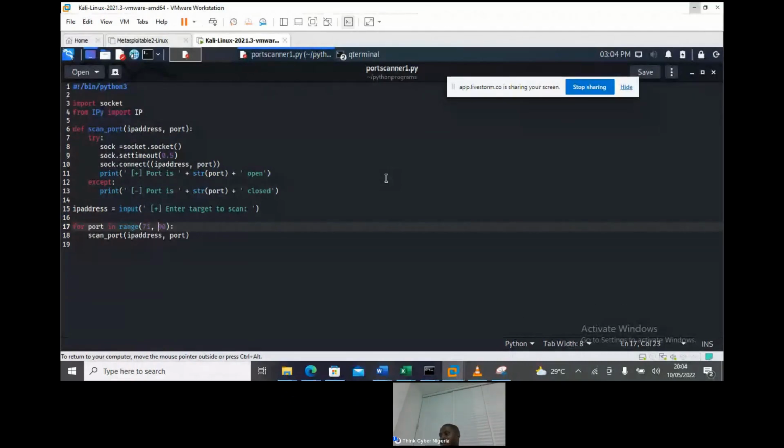Now, you all know what socket does. When you talk about SSL, secure socket layer, socket actually gives data connectivity. So we use this. We defined the scan port function here, defining the IP address. Now, we expanded the range of the scanning between 7 and 10. This is the second one we wrote, so that we can refresh our memory.